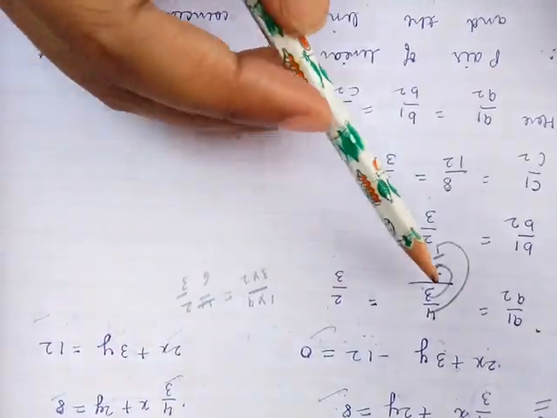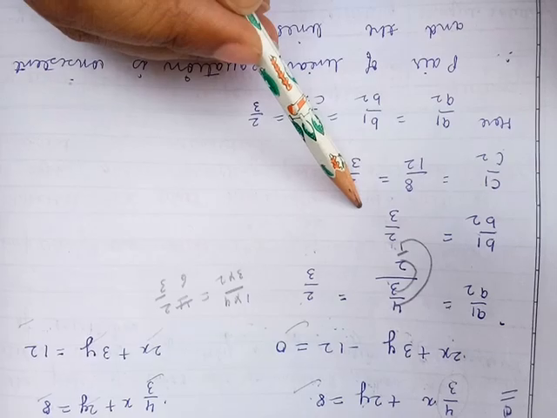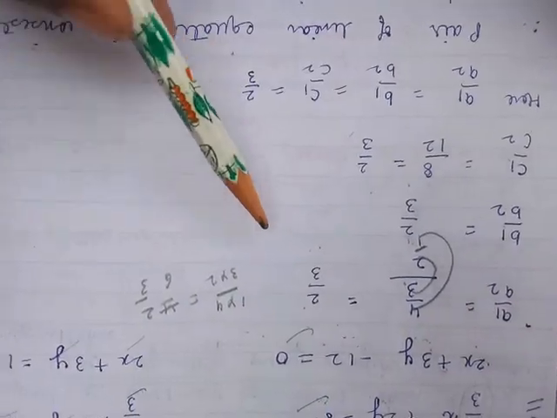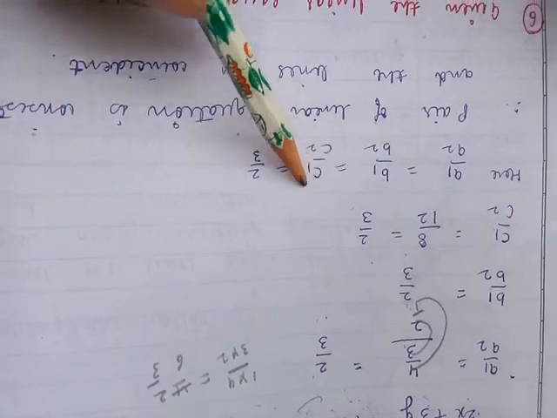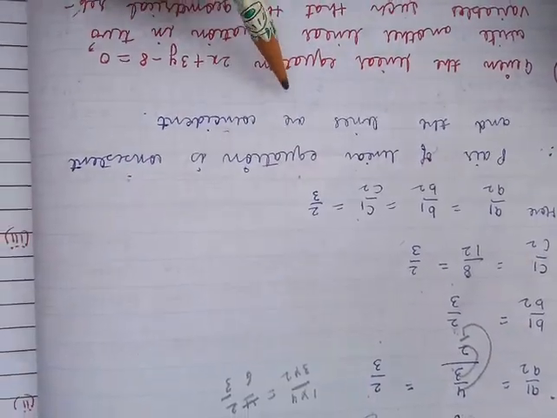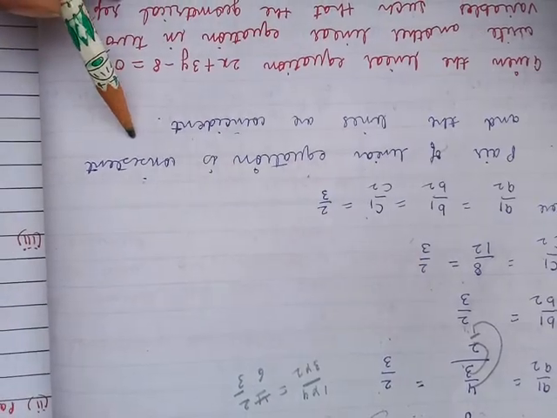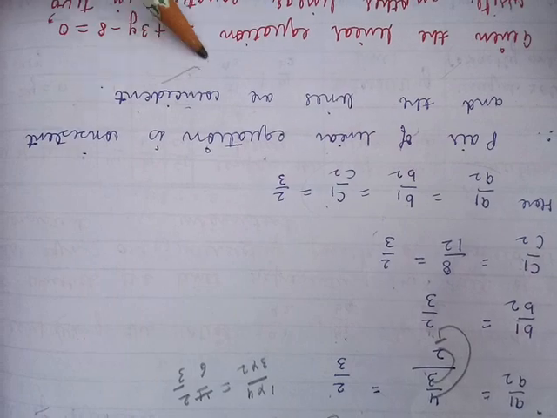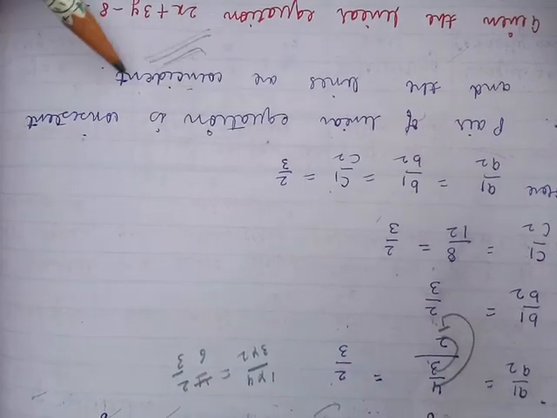So here what you have observed is that a1 upon a2 and b1 upon b2 and c1 upon c2 all are equal, that is 2 upon 3. If a1 upon a2 is equal to b1 upon b2 is equal to c1 upon c2, then it means that the pair of linear equations is consistent and the lines are coincident. If all the three ratios are equal, then lines are coincident, and if lines are coincident, then the pair of